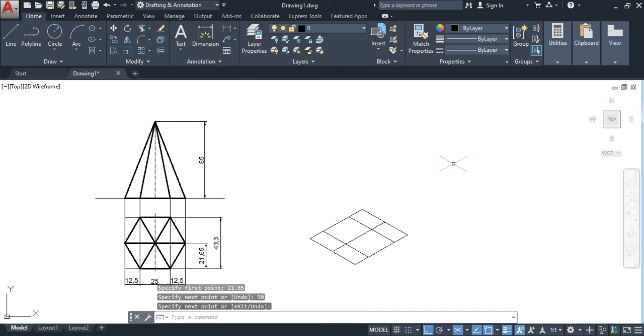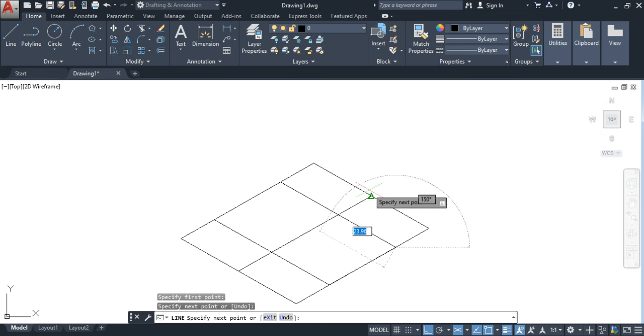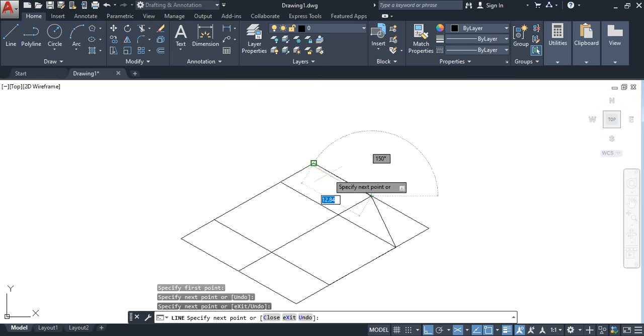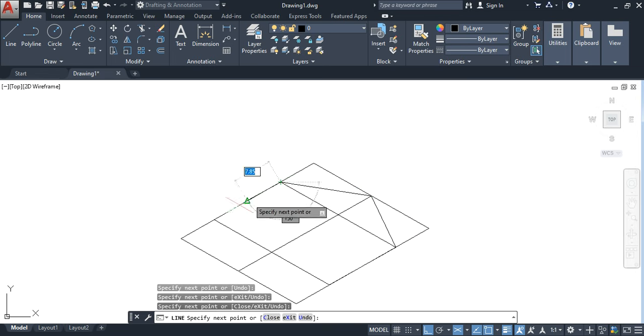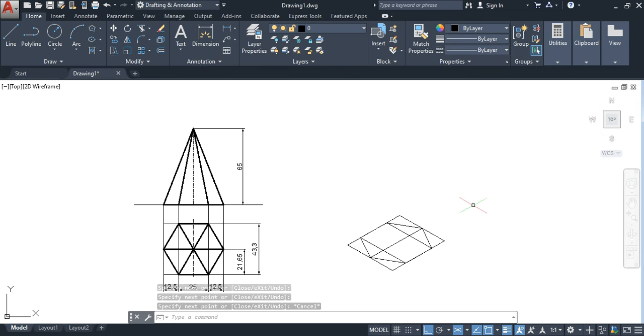So we have drawn the lines, and we have to join the corresponding points, from this point to this point, from this point to this point, from this to this. So all points we have to join to get a hexagon in this iso top plane. From this point to this point, and from that point to this point, and from that to this, and this point you have to join, this point you have to join, and this point you have to join. Just note.